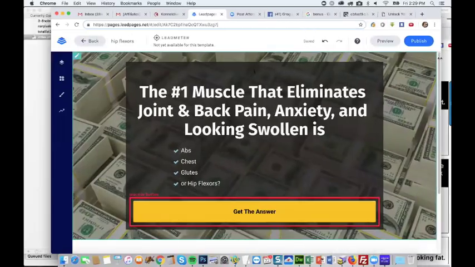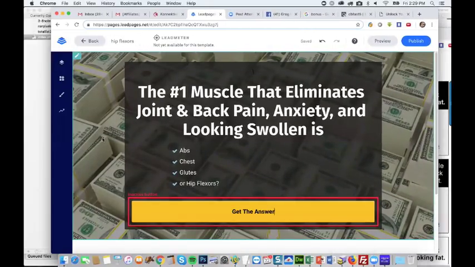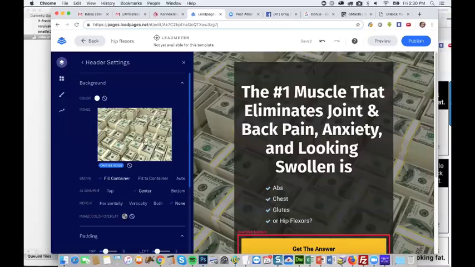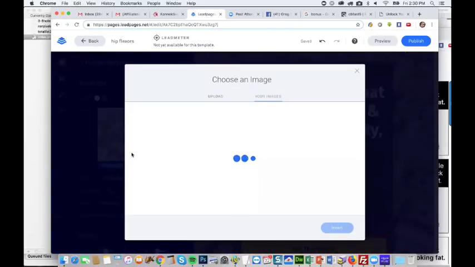All right, so now let's see. We need to change the background image because this is like stacks of cash, and that's probably not what we want. So let's see what would be appropriate. Let me see what I got in here already.